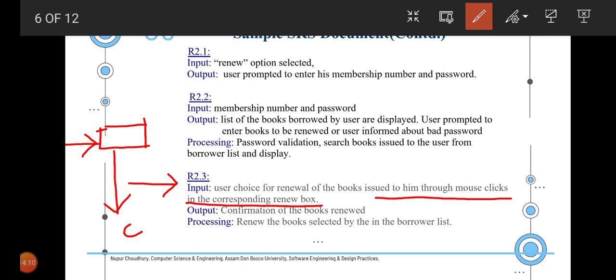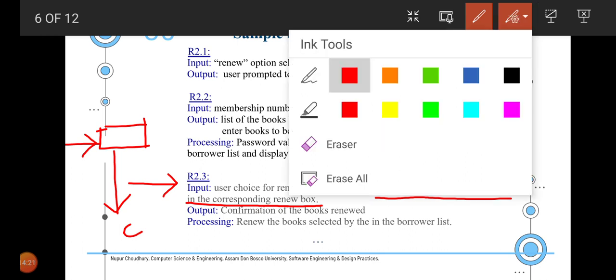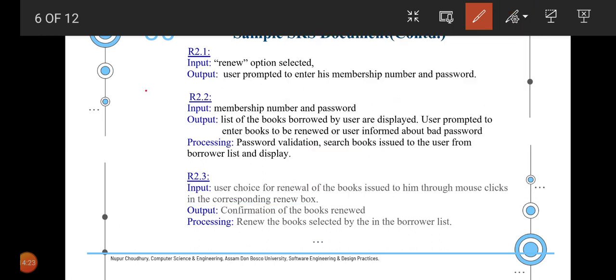The processing involves renewing the books selected by the user in the borrower list. So this renew option is basically constituted of these three different parameters or three different additional functions or modular functions.